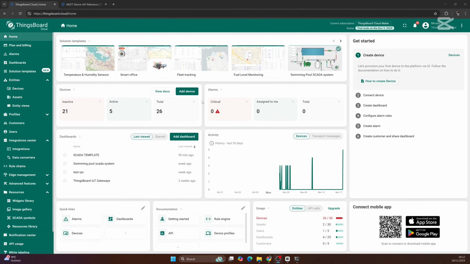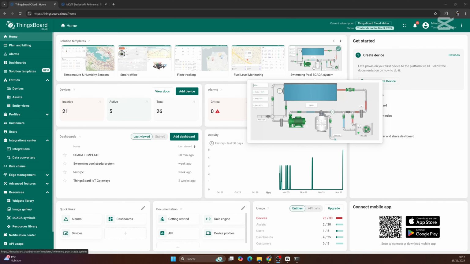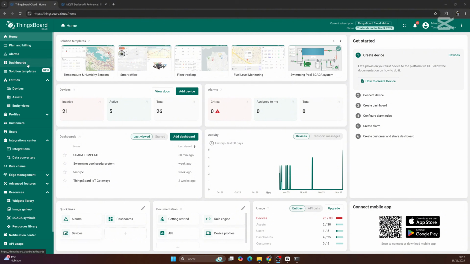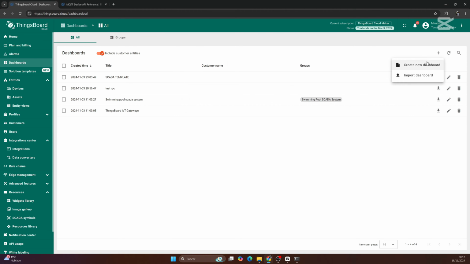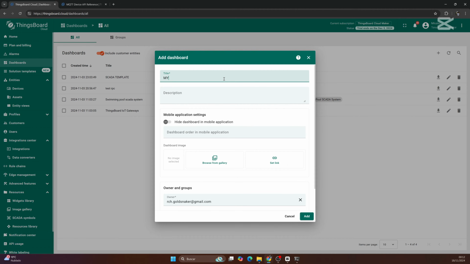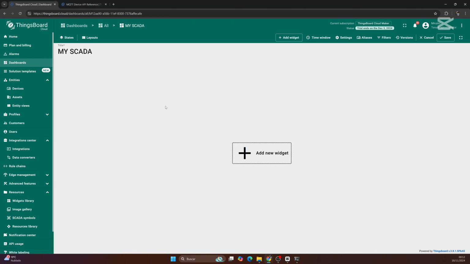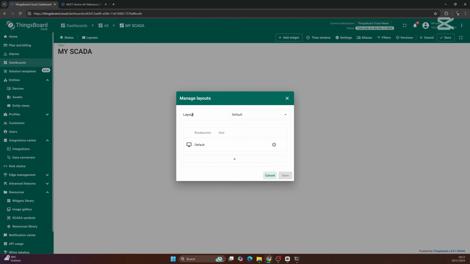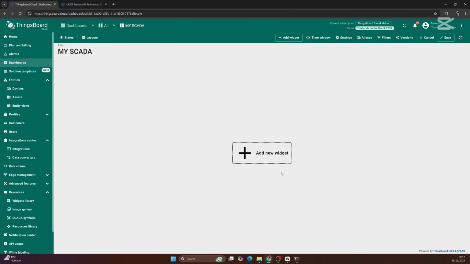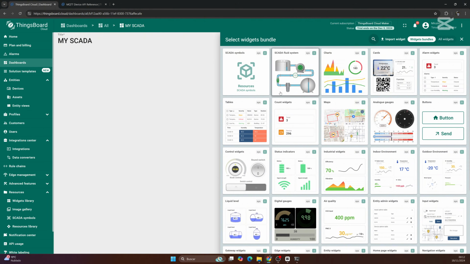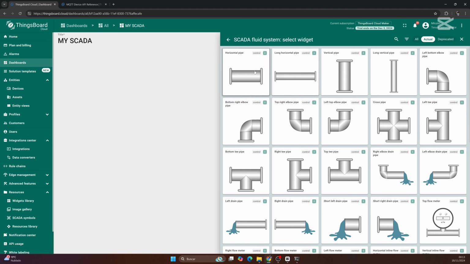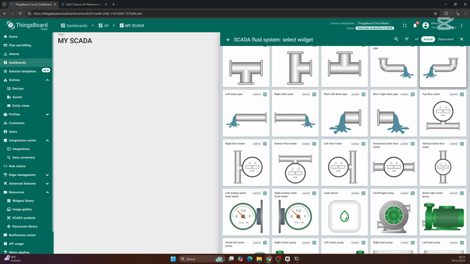Alright, so the first thing we're going to do is create a new SCADA dashboard, something like this. In order to do that, we have to go to dashboards and then create a new dashboard. Here in the title, I will put my SCADA, for example. And then we have to choose a new type of layout that is called SCADA. Click on save, and we are now able to use this new widget bundle called SCADA Fluid Systems. If you click on it, you will find a lot of widgets that you can use in your